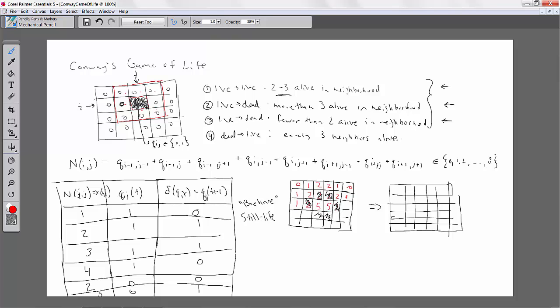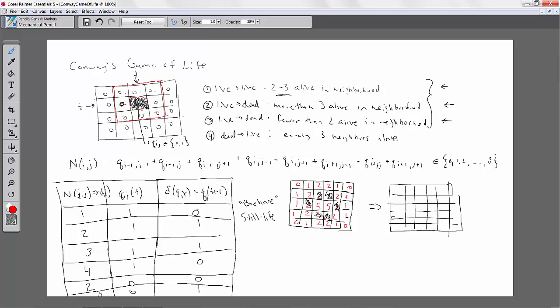This one also has 5. This one has 2 and 1. And through symmetry, we're back to our previous case, 1, 2, 2, 2, 2, 1, and 0, 1, 2, 2, 1, 0. So in this particular case, you can see that all of the cells that are alive have either